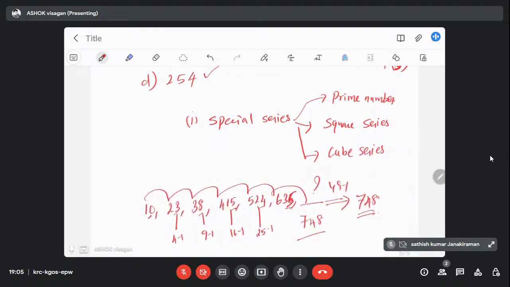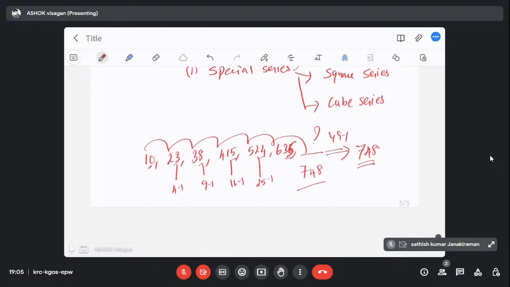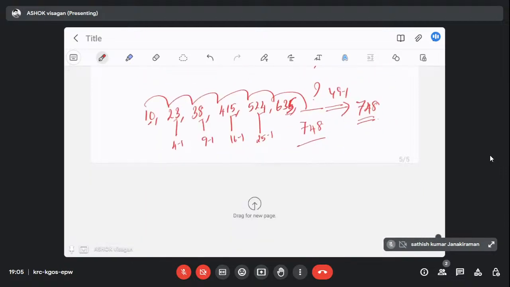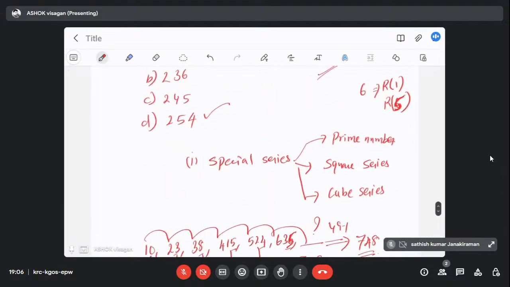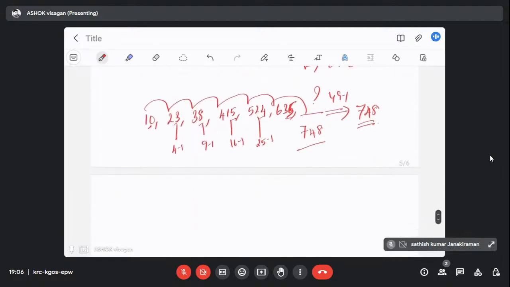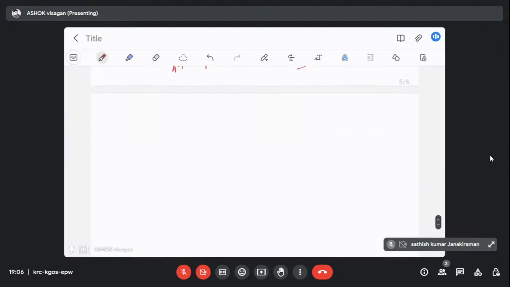It may be from the cube series or square series or prime number series. So after checking this only, you need to go to the second step. So before that, I will give you one question from cube, some other values, some other series. Just try to understand this question and then find out the answer for this. And the question is